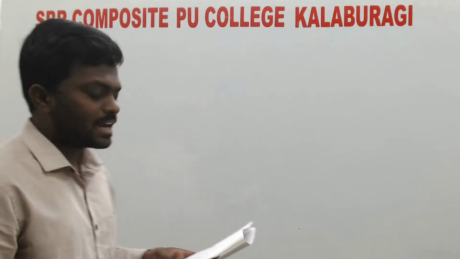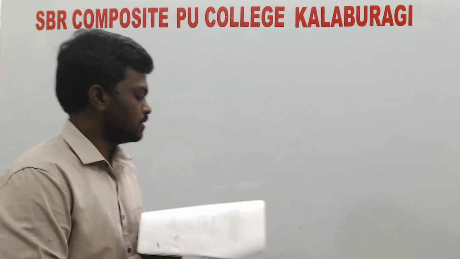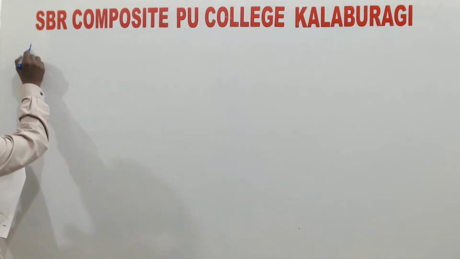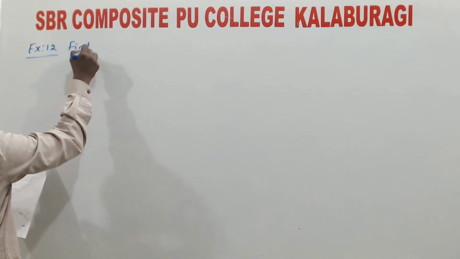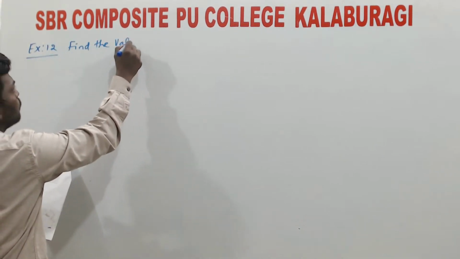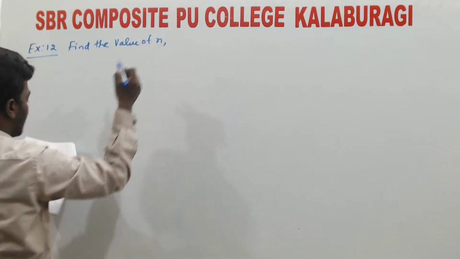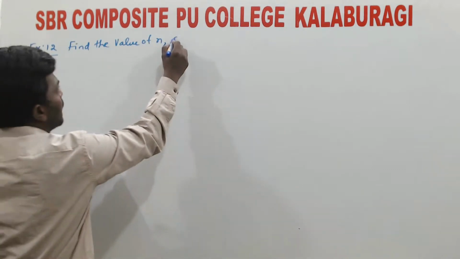Okay, so the doubt is regarding example 12 and the second bit question. So what is example 12? Find the value of n such that